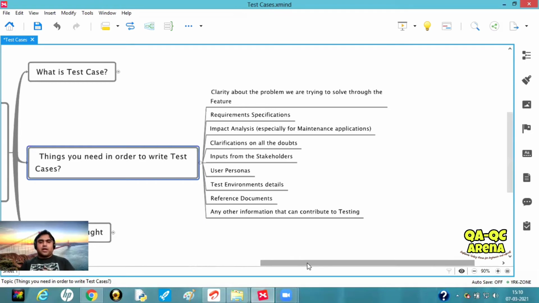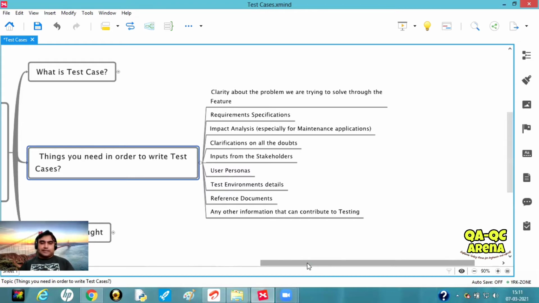Then inputs from stakeholders. Now you may ask questions and you will get inputs for them, which is fine. But there are certain things that developers can tell you. There are certain things where product teams can help you. There are certain things where not only developers or testers, but also support guys can help you, because they are the ones who are always in touch with the actual customers, users. That can bring some information to the table which hasn't yet been brought by the first level stakeholders, that is your developers, testers, product, or business analysts. So try to get that clarity, try to get that input from the stakeholders.